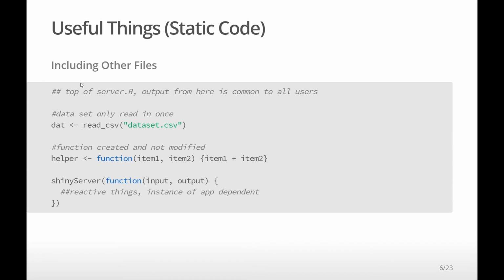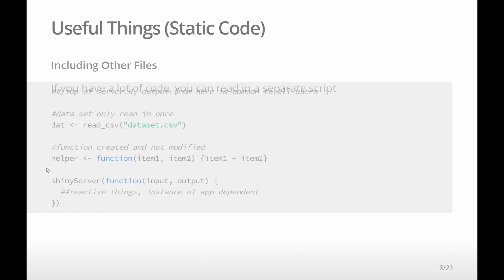So here's just an example of that. In this case, above the Shiny server function call, I'm reading in a data set, and I would need to utilize the readr package or tidyverse up here. And then here I'm creating a function. And so I can utilize both of these things now down here in my server. I don't have to do any of that reactive context stuff